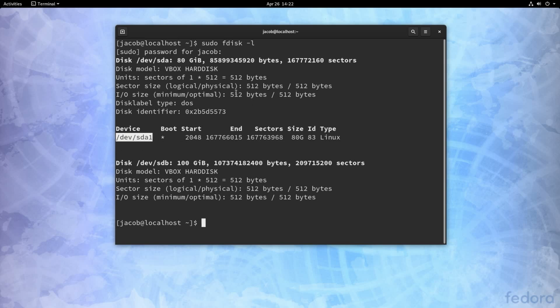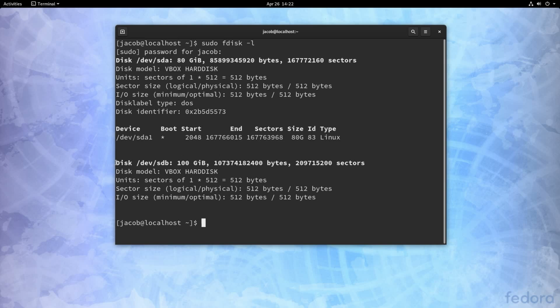So in fdisk output, we've got disks that are listed, and then we've got these quote-unquote devices underneath the disks, but the devices are actually our partitions. The disks are the physical devices themselves. And usually, if everything's working properly, you can see a handy label for what the make and model of your drive is. I've seen cases where this doesn't work, but usually that only happens if there are hardware issues. Most of the time, the drive model does show up.